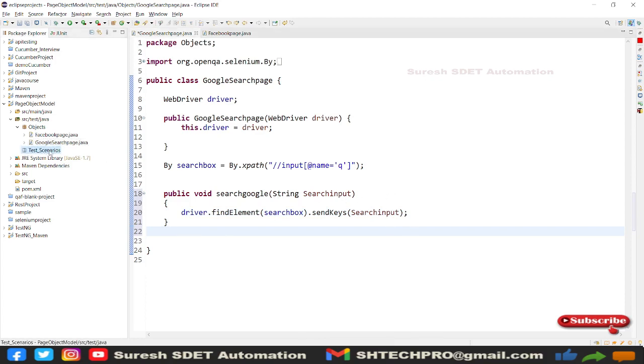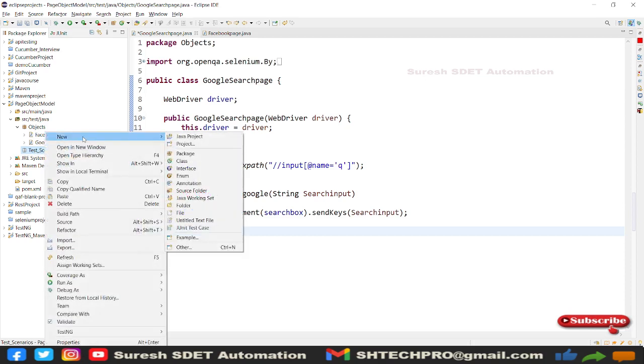And next, in the test scenarios, we have the page object created, we have locators and everything placed, and in the test scenario we need to call a method. For that, we will again create one more class in the package.